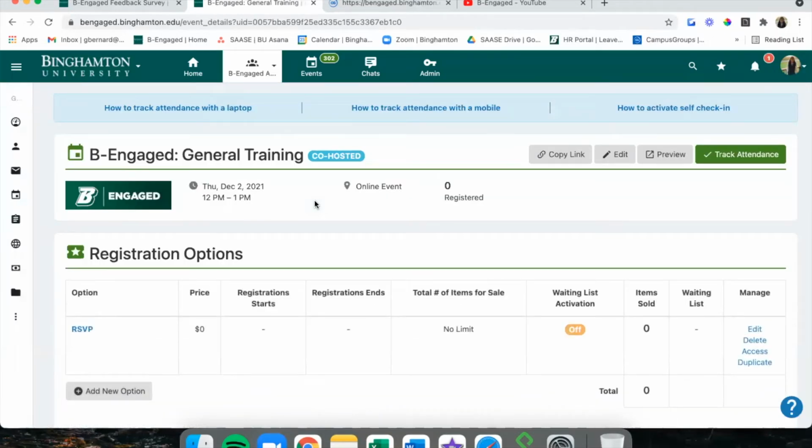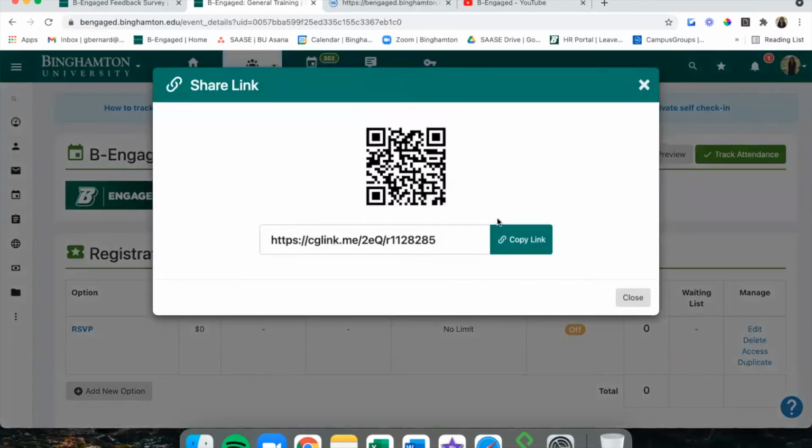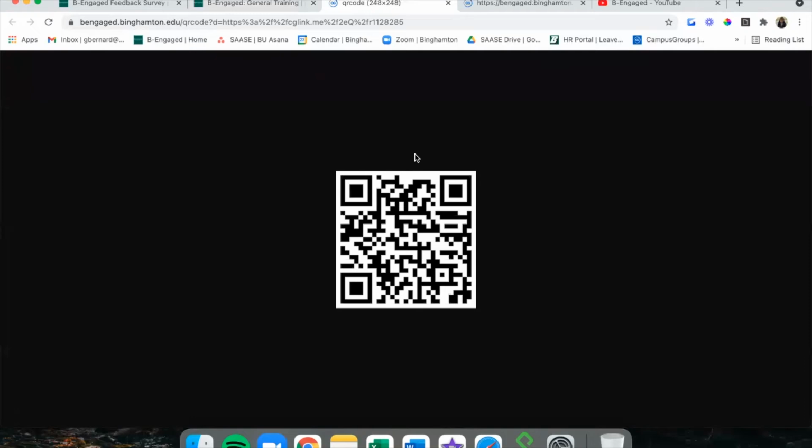So every event in Be Engaged has a QR code associated with that event. You can find the event's specific QR code by clicking this Copy Link button, or you can find the event link and the event QR code right on top of it. And you can click it and pull it up in another screen.